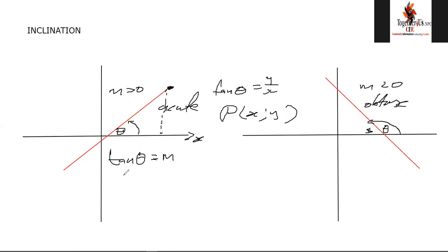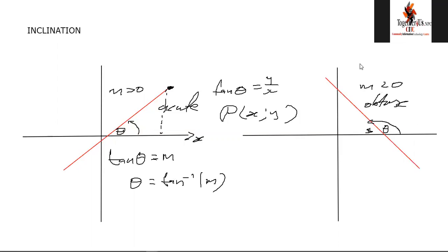Otherwise, guys, what you can do is, in a case where you are supposed to find the angle of inclination, you know that theta will be arctan. We have spoken about this when we solved general solution. Remember when we did the issue of what is this reference angle, right? Yes. Now coming here, it's going to be essentially the same thing, but here, since we have an obtuse case,